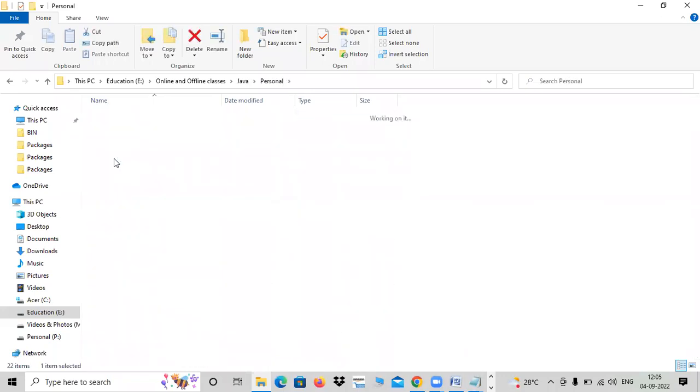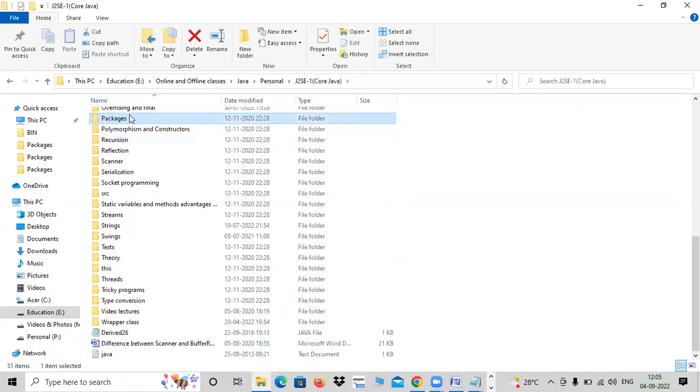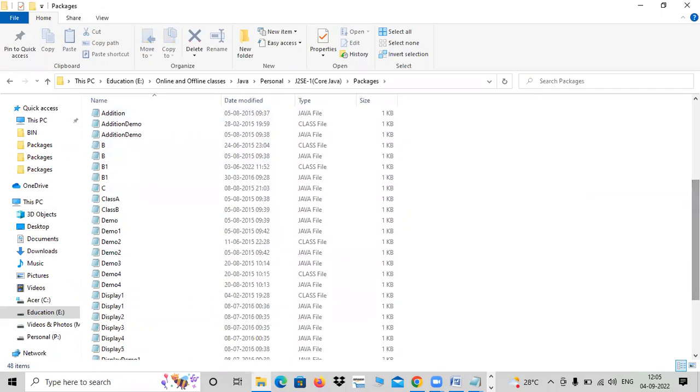So way back I have done this. Due to lack of time, I have done this. Where are those packages? Packages. Here it is. Yeah. See, what I have done is just, the reference is that big table. That big table is the reference itself. So I have created a couple of programs here. You can see, you can easily understand.